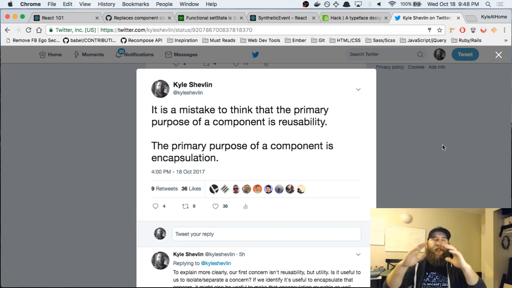Encapsulation is the idea of isolating a concern or an abstraction from other concerns and abstractions. And the container presentational component is a great example. What we're going to find out, and I'll walk you through next week, is that a container component is a component designed only to do data fetching and then maybe some data massaging.